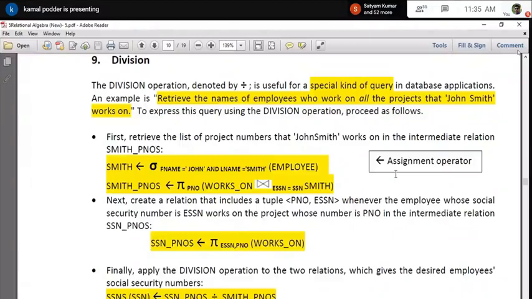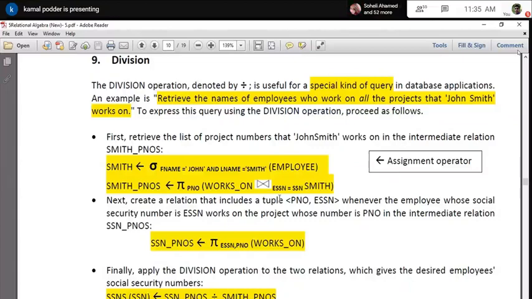Always conceptually you have to think, otherwise you cannot write it. It is not a mathematical thing where you just write the operations one by one and get the result. Conceptually you have to think how you need to access that information from the database step by step, and then apply the operation. It might be done in different ways. It is not a single way. One person will think in one way, another person might think in another way.